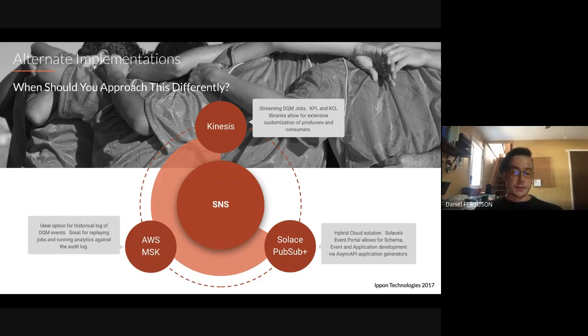And then there's always managed Kafka. I recommend the managed Kafka because managing Kafka yourself usually requires a full-time operations team for messaging. If you use the managed Kafka service, now you have a historical log of DQM events that you can query whenever you like. This is really nice if your ETL jobs write messages over Kafka in a way that does not require a lot of post-processing. If your ETL jobs are writing intelligent messages, it really cuts down on the analytics work that your DQM job has to do.